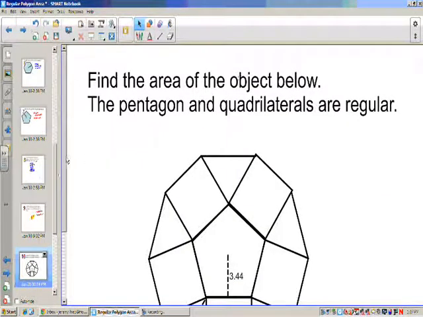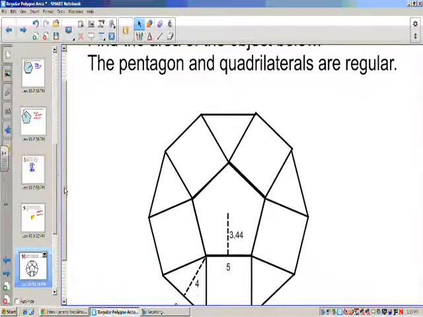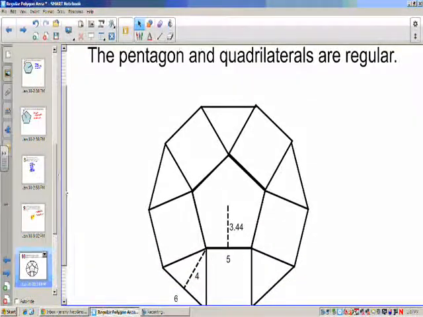Below, it's a little bit more complicated. The pentagon and quadrilaterals below are regular. So this is a regular pentagon. However, these triangles are not going to be equilateral triangles. Let's check this out. If I want to find the area of the pentagon in the middle,